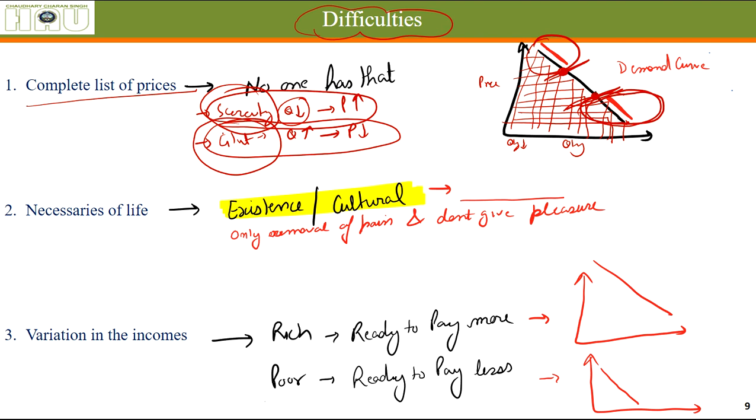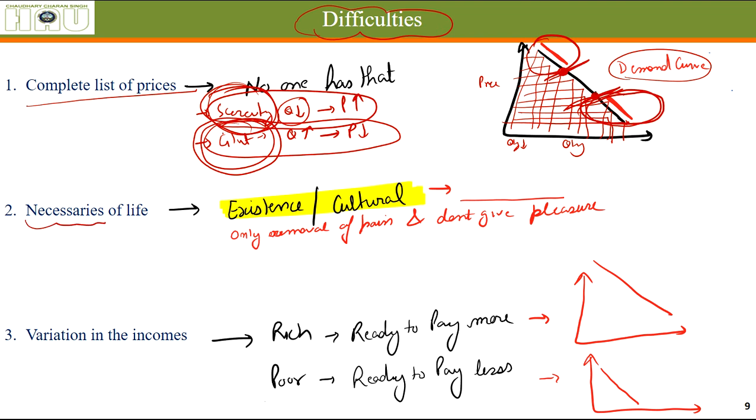But for making this graph we need a lot of price and quantity relationships. Some consumers are just not familiar with those many combinations. So as I said, consumers are not familiar with the times of scarcity and glut. They are concerned with only a few price and quantity relationships. That's why they don't know about their complete demand curve, and that's why it's very difficult to measure consumer surplus.